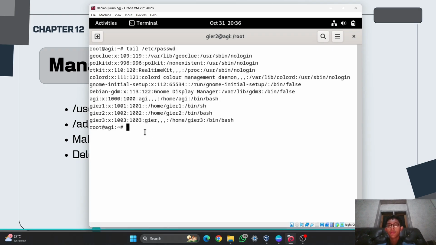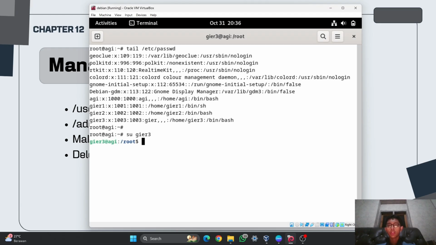And as you can see, gr3 has /bin/bash, and I will try to log in to gr3 first using su and then gr3.